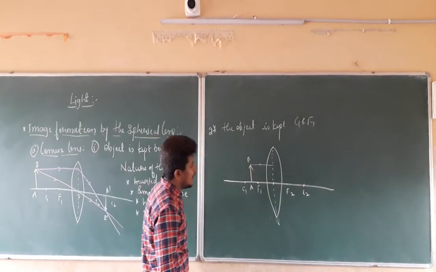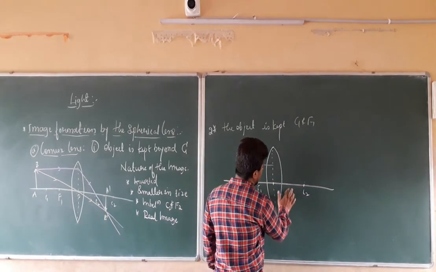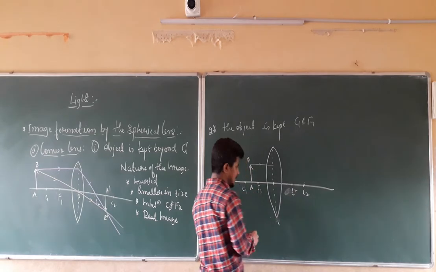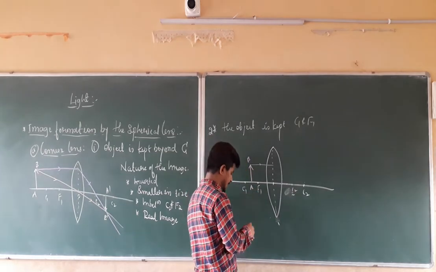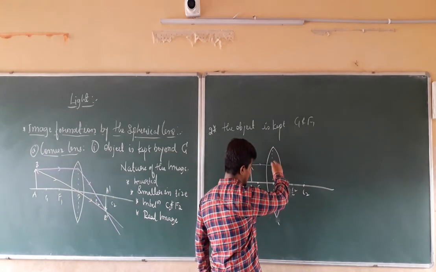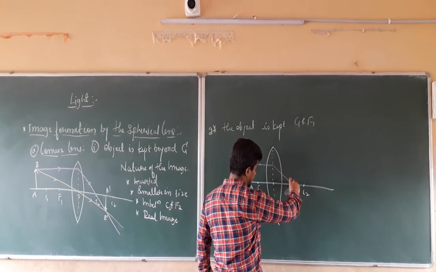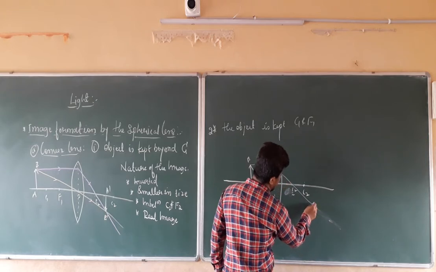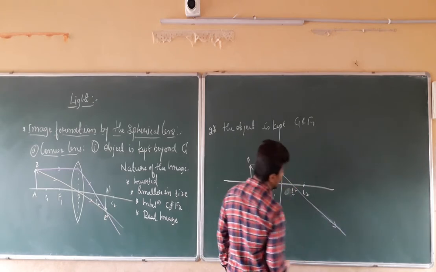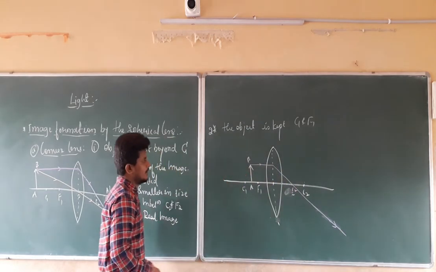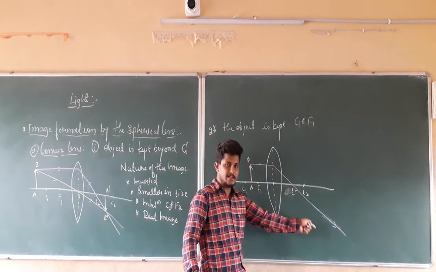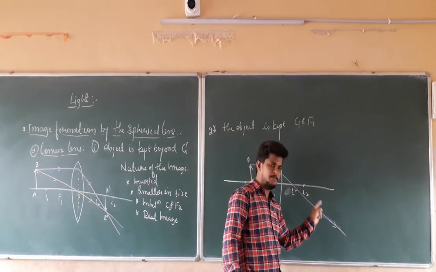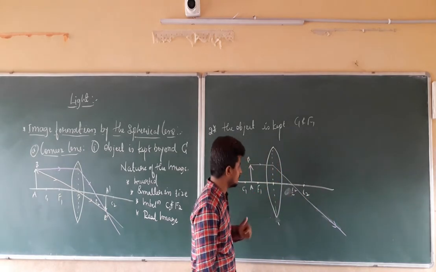What will happen after the refraction? It is going to pass through the principal focus. So this light ray is going to travel and pass through the principal focus like this. It should be correct, accurate. By using the scale, you should draw those lines accurately. This is the incident ray and this is the refracted ray. After traveling parallel to the principal axis, it is going to pass through the principal focus in this manner.